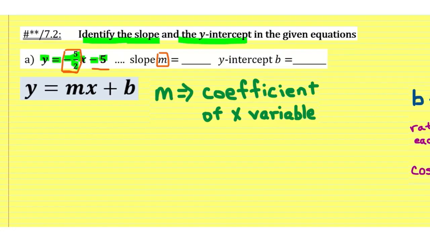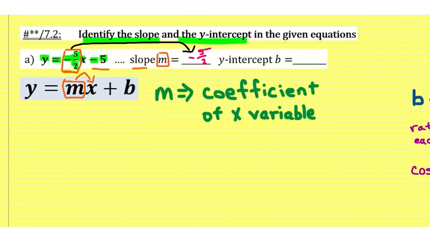The coefficient is the number that is in front of the x variable. So whatever number is in front of the x variable will be the m, or the slope. So we can easily identify the fact that this negative 5 halves is the slope. It is the m value. So that is the answer that we want here, negative 5